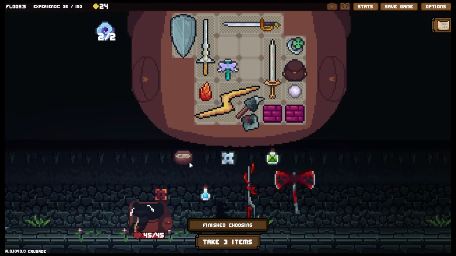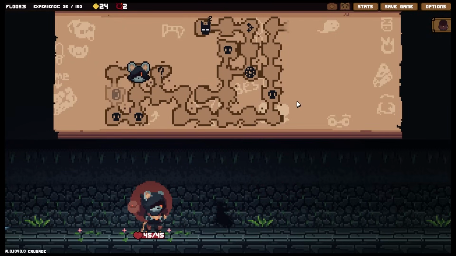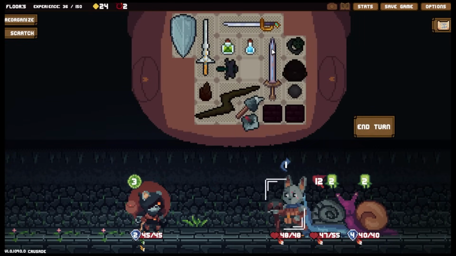I really need to get rid of those curses. Rare. Adjacent to diagonal consumables get +5 healing. Not a terrible option. Good enough for now. Actually, I can pick this up and get a little bit of extra block. I can also grab this for a bit of extra poison on enemies. No reason not to, realistically. Right. Let's wait until we... Well, no, we don't have a source of poison, sadly, so...